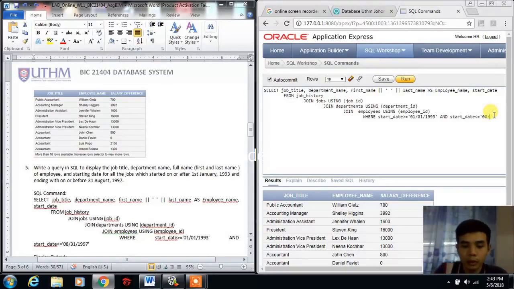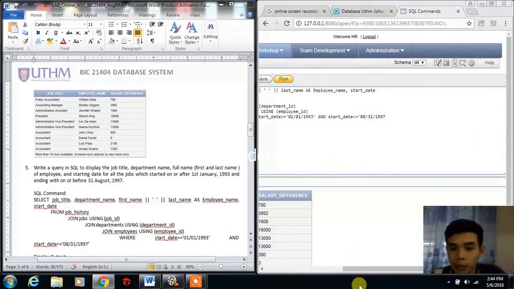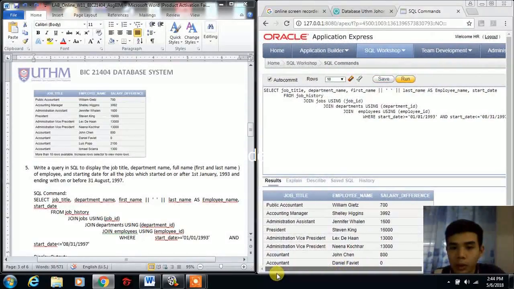So over here, we are using select statement in order to display the output, which we are displaying the job title, department name